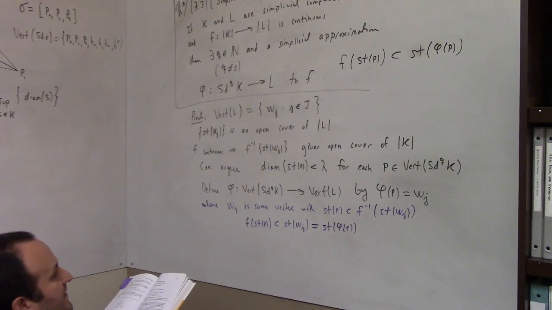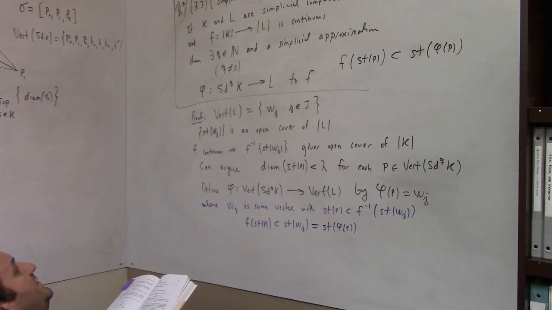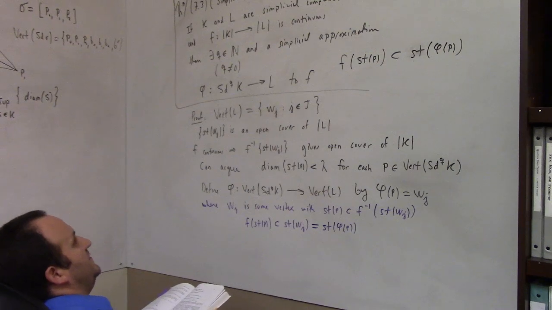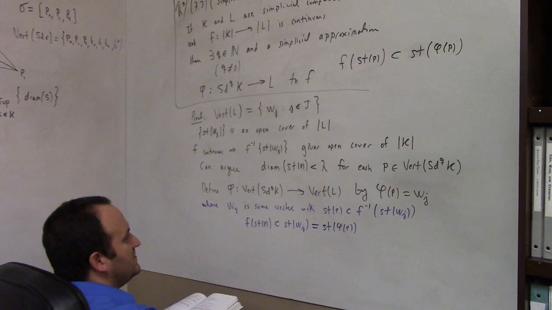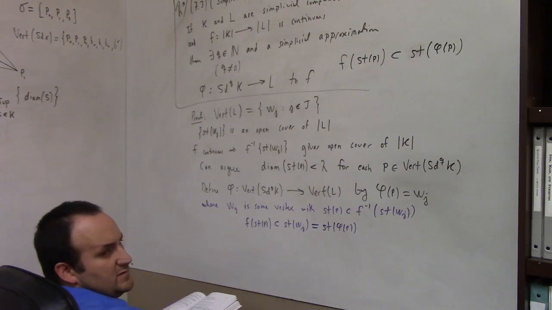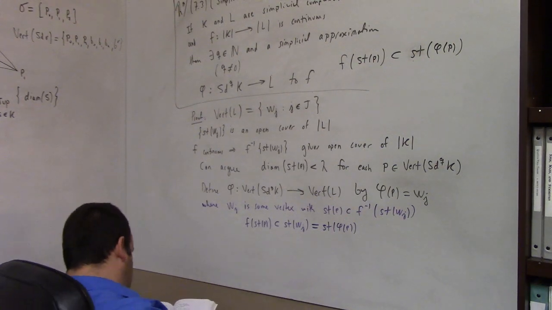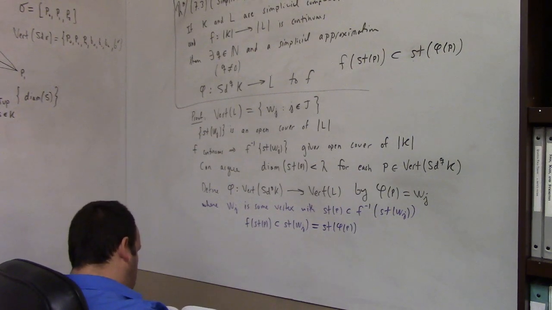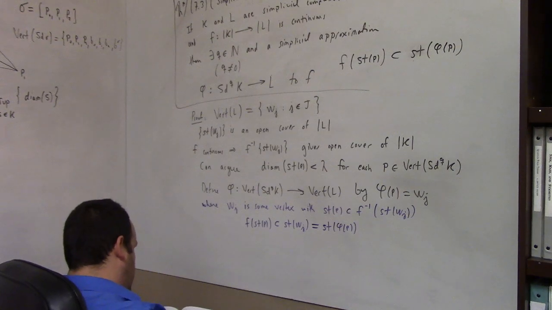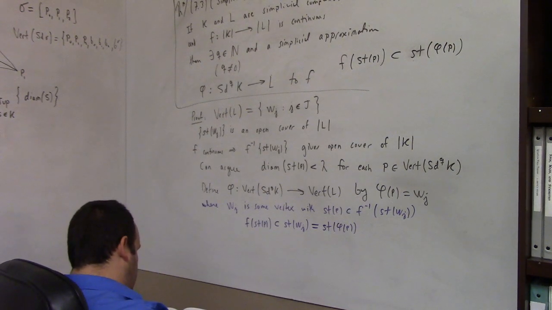I mean, he's only defined phi on the vertices, right? Phi eventually has to be defined on the qth subdivision of K, right? Is it enough to define it on the vertices of the qth subdivision? Well, that gives you an affine map on the entire simplex for each of the simplexes, and so by extension, the entire complex. So that makes sense. So the real question then is, if p naught through pm spans a simplex in SDK,